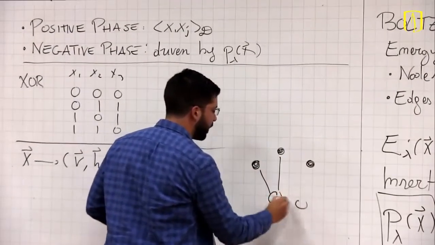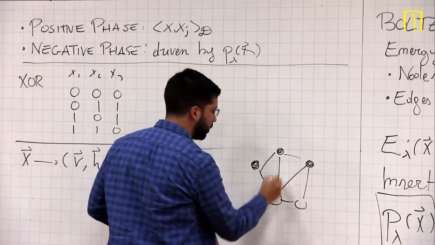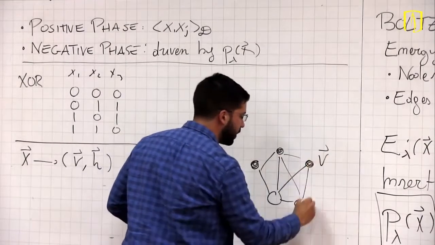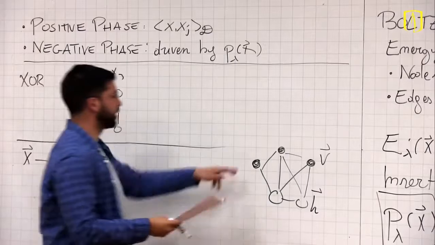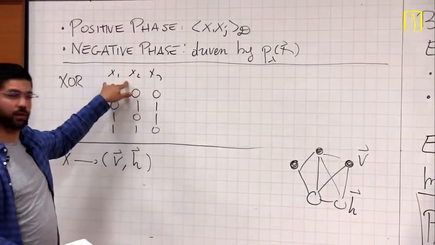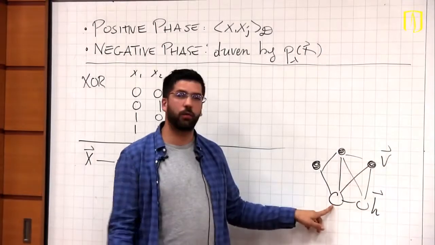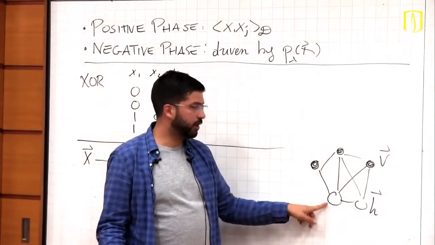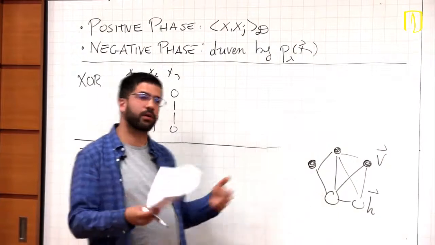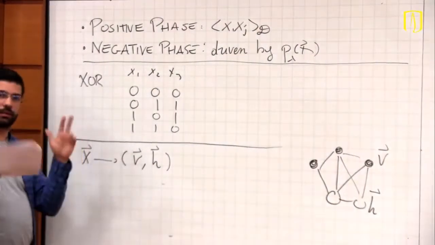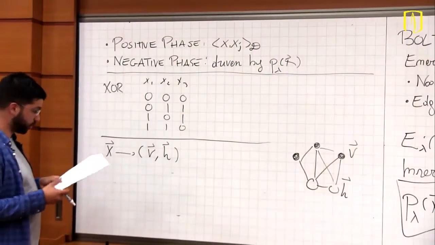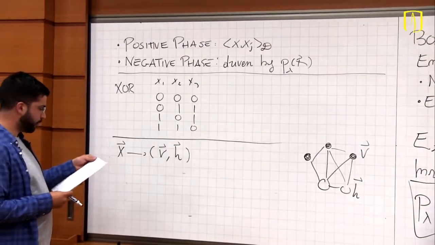You have two different types of variables: visible and hidden. In the example before, if you're trying to learn the XOR function, you have three visible variables, and if you add even only one hidden variable, it allows you to capture this higher order correlation, in this case third order. Okay,